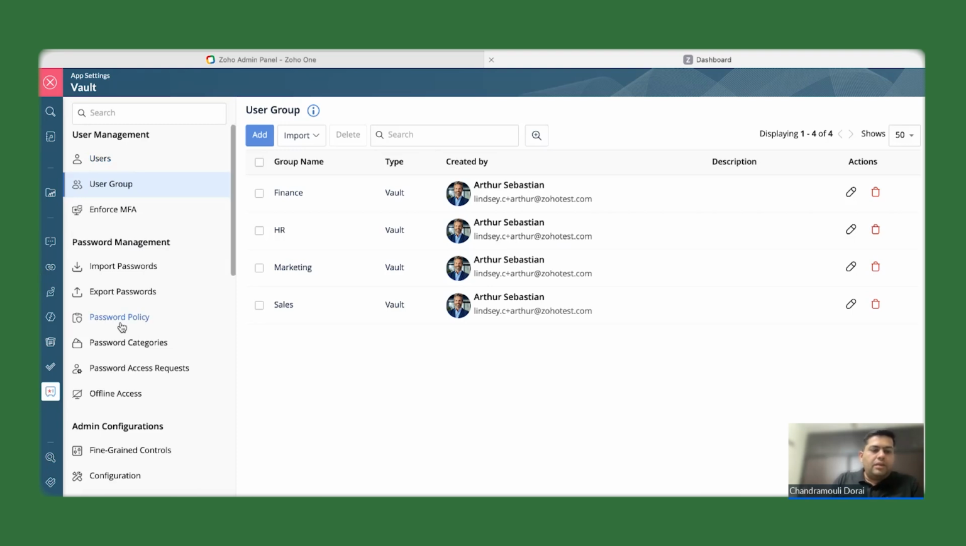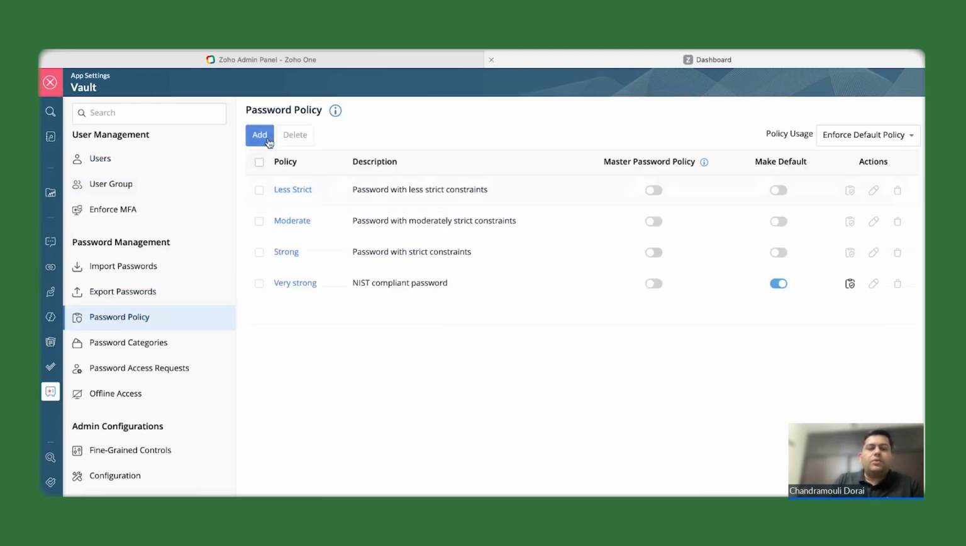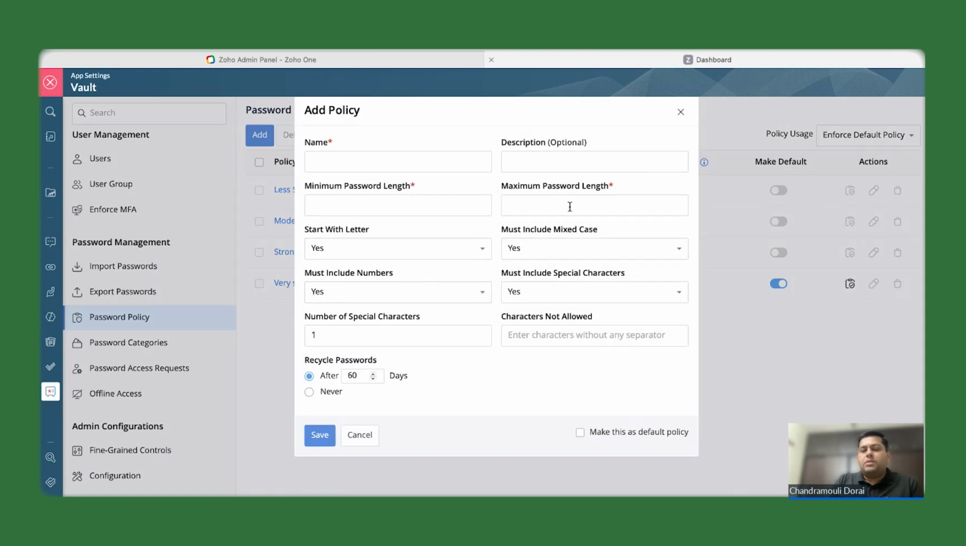And as an IT admin, I also advise you to create a strong password policy for your company. You need to go ahead and create a password policy for your company. By default, we offer 3 password policies: strong, medium, and less strict. But you can also go ahead and create your own password policies. You can specify the password length, minimum length, maximum length, whether it should have a letter, include a mixed case, how often you should rotate the passwords, and things like that. So once you create this policy,